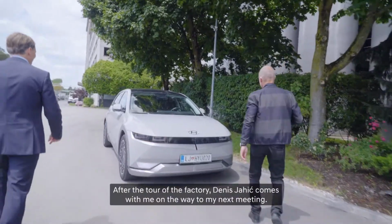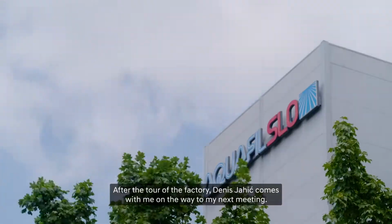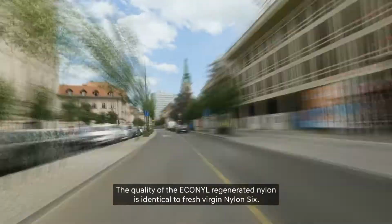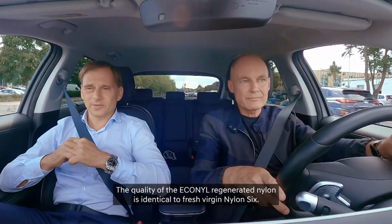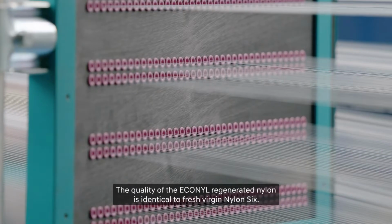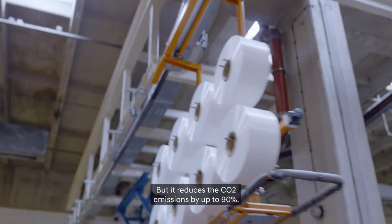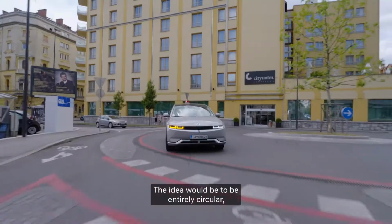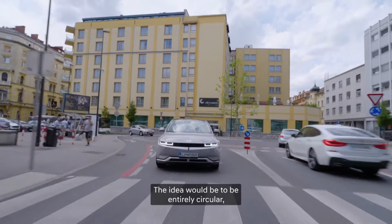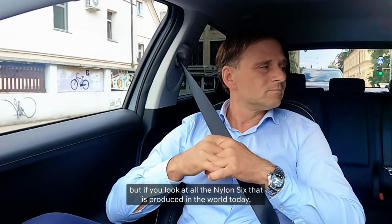After the tour of the factory, Denis Jahić comes with me on the way to my next meeting. The quality of the ECONYL regenerated nylon is identical as fresh virgin nylon 6, but it reduces the CO2 emissions up to 90%. The ideal would be to be entirely circular, but if you look at all the nylon 6